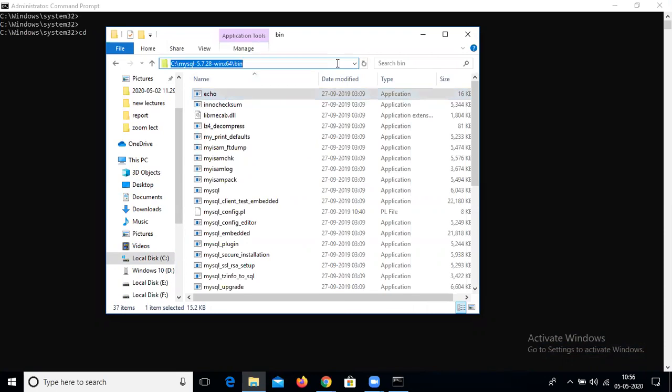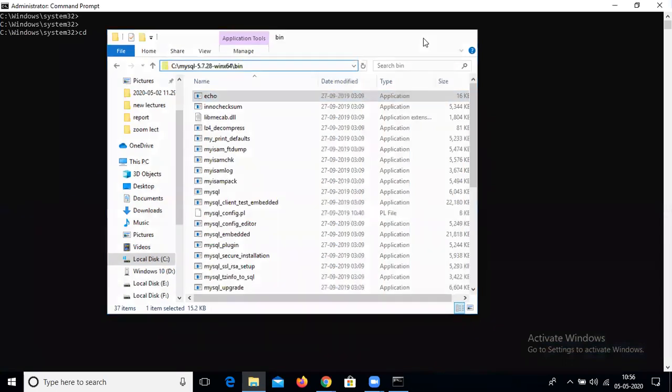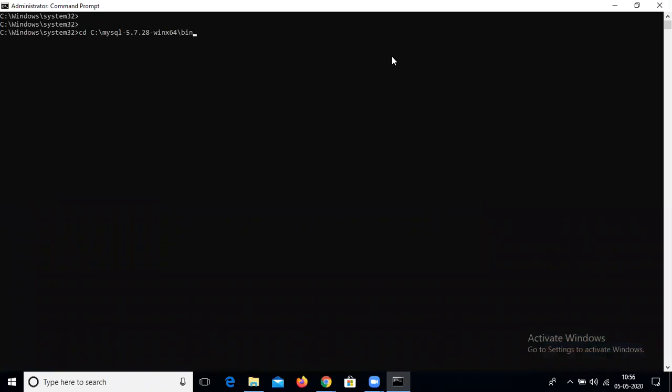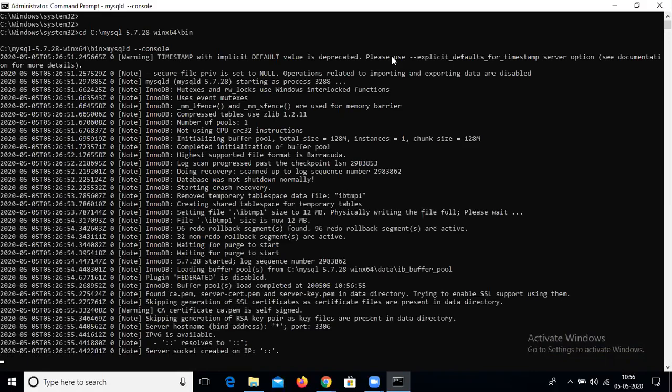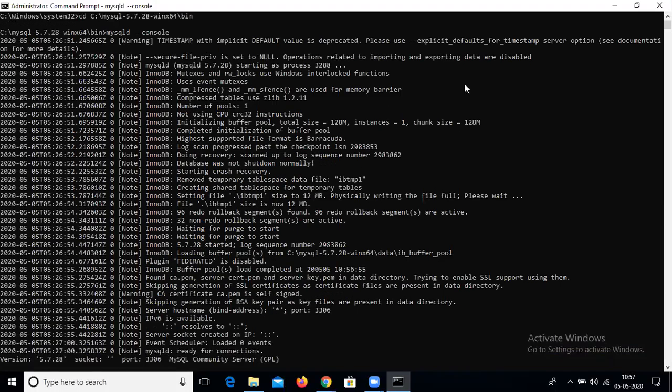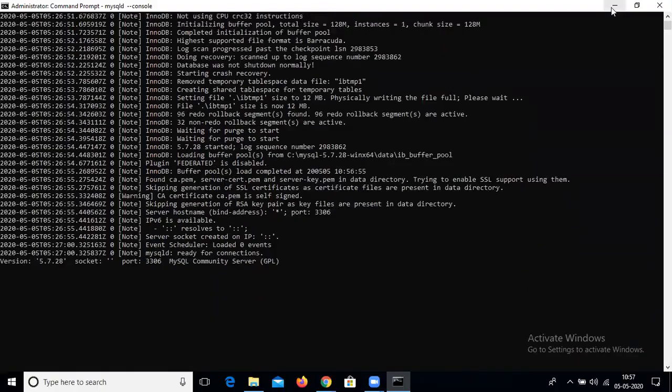Copy this path and paste it here. Now, how to run the server? There is a command to run the MySQL server: mysqld --console. The server is running successfully.